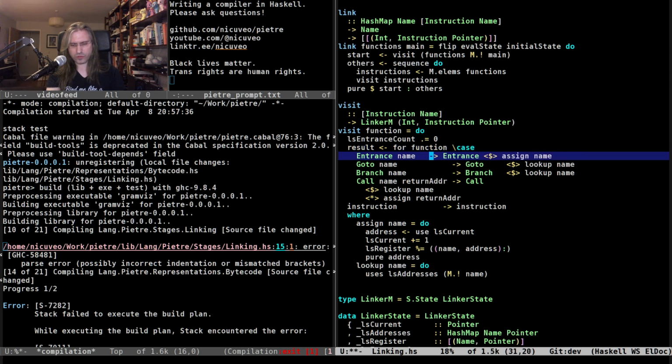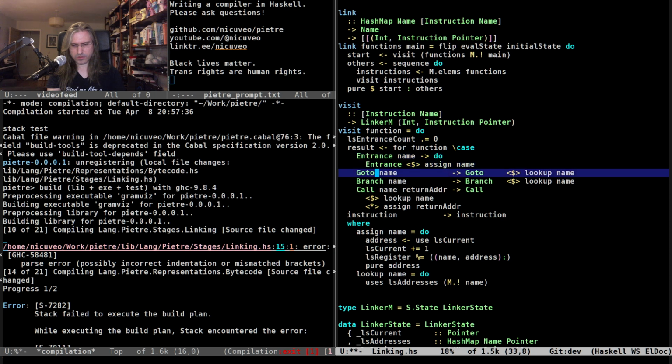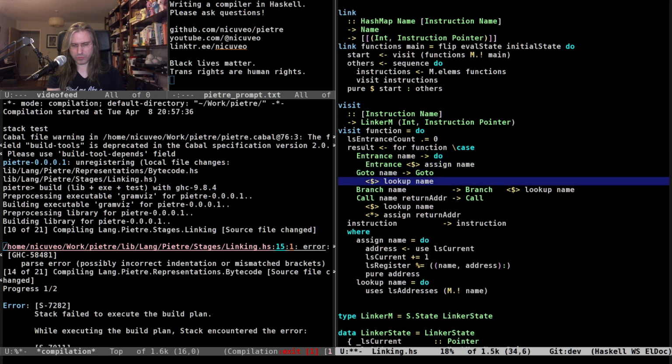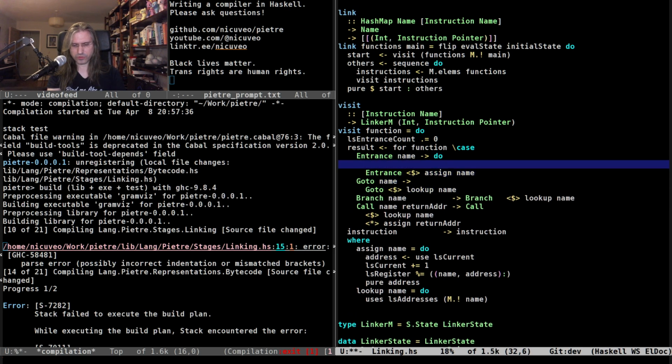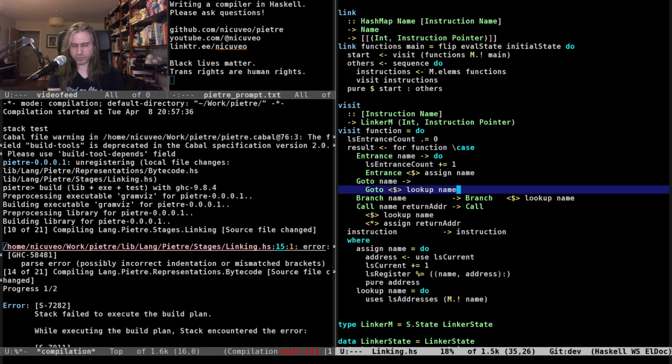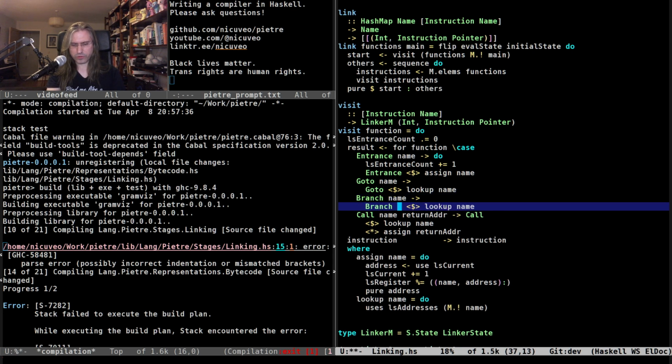And then I do this traverse on my instructions. I'm going to change this to be a do block for each of them whenever needed. Losing the vertical alignment, but that's fine. Because here for the entrance, I'm going to need to increase the entrance count by 1. Goto does not. Branch does not. And call does.